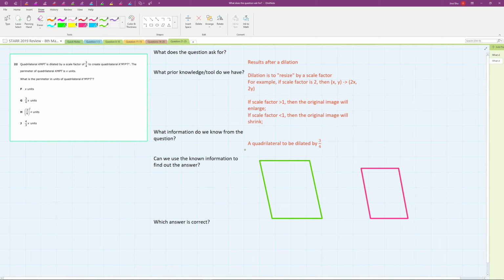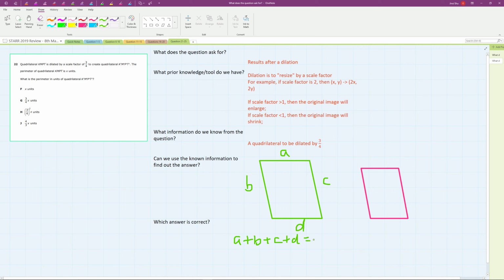Okay, let's mark the 4 sides of the original quadrilateral as A, B, C, D. Since the perimeter of this original quadrilateral is x units, that means A plus B plus C plus D